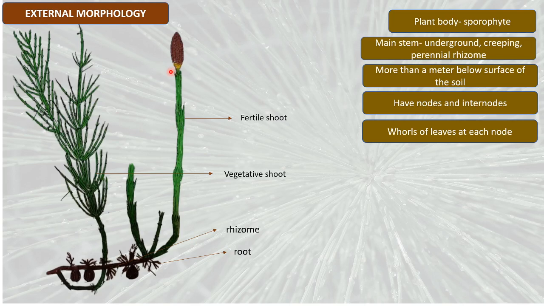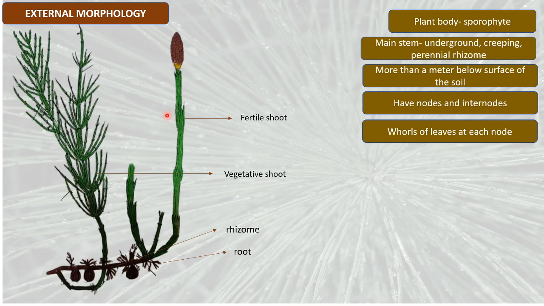Likewise, in another species, Equisetum palustre, the fertile shoots complete the process of dispersal of spores. As soon as the spores are dispersed, we know the sporangia will not be useful anymore, so the sporangia will disintegrate, and then this fertile shoot will convert itself into a vegetative shoot by producing branches. So later on the fertile shoot can become a vegetative shoot. An example of this is Equisetum palustre.